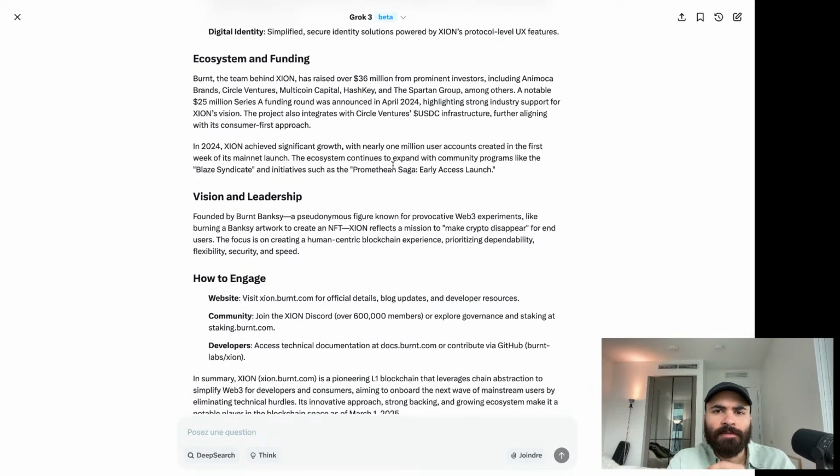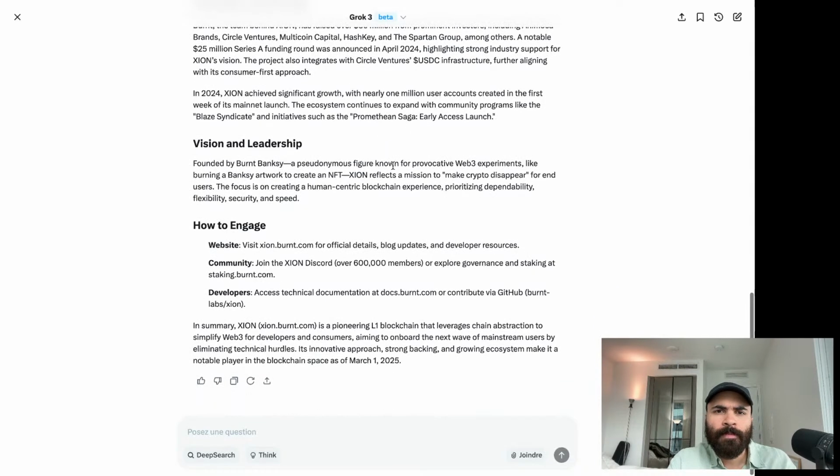Ecosystem and funding, 36 million from prominent investors, 25 million Series A, announced April 24. Integrates with Circle Ventures USDC infrastructure, further aligning with its consumer first approach. 1 million user accounts created in the first week of its mainnet launch. The ecosystem continues to expand with community programs like the Blaze Syndicate and initiatives such as Promethean Saga early access launch. Founded by